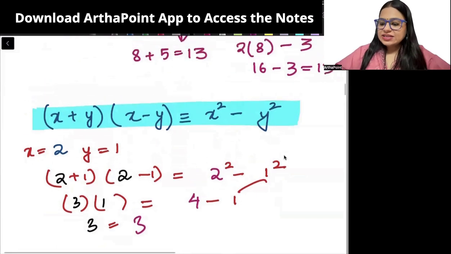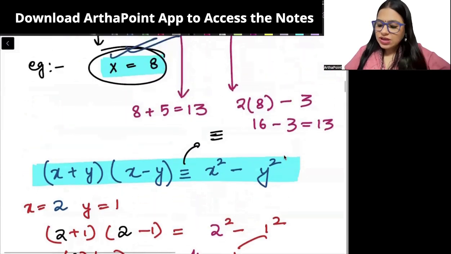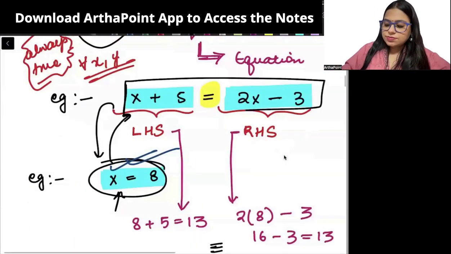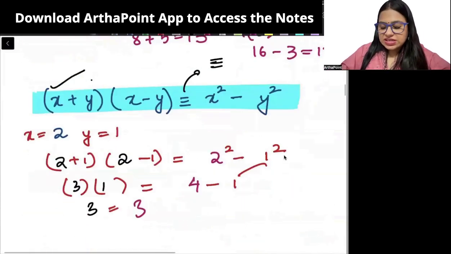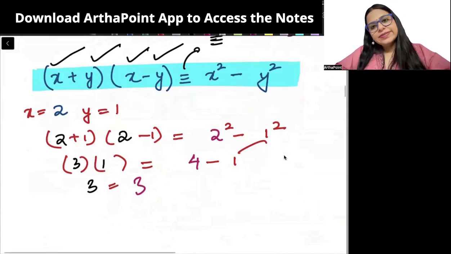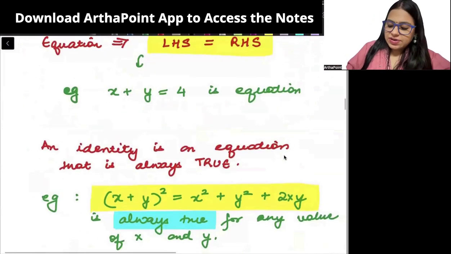An identity is represented using 3 equal to sign. समझ लो. तो यहां पर ये सिर्फ x equal to 8 के लिए ट्रू था ये इक्वेशन. पर एक ऐसी इक्वेशन जो किसी भी एक्स वाई की वैल्यू के लिए ट्रू है, ऐसी इक्वेशन विच इज ट्रू फॉर एनी वैल्यू ऑफ एक्स एंड वाई, दैट इज कॉल्ड एज एन आइडेंटिटी। ठीक है बेटा।